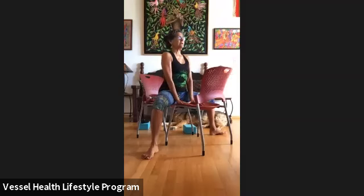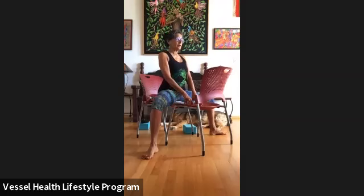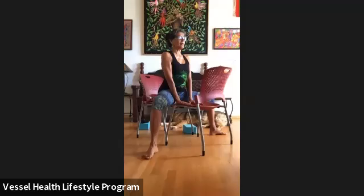And I'm just going to sit nice and straight and tall. I'm going to press into the front part of that second chair. Pressing down with my arms, I'm going to also press through my feet. So I'm going to engage everything I have. If you need, you can come onto the fingertips, find where you're able to get the most out of your embrace of your hands on the chair and your feet on the ground. This is isometric. This looks like we're doing nothing, but my legs are starting to shake. My core is starting to feel this. I'm pressing down a little bit harder with my hands into the chair. And exhale, whew,